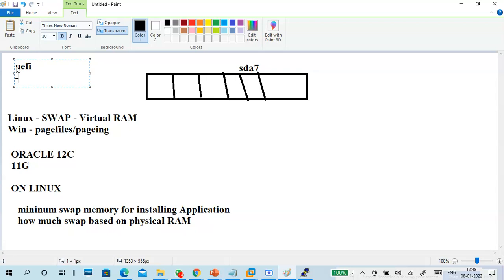If you are using UEFI based firmware, on any Windows or Linux machine, your disk type is GPT disk. In a GPT disk, we can create 128 primary partitions.